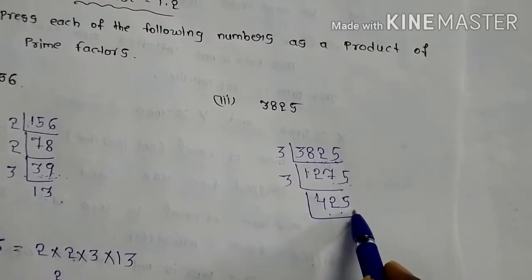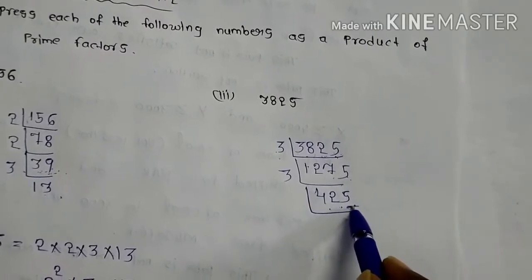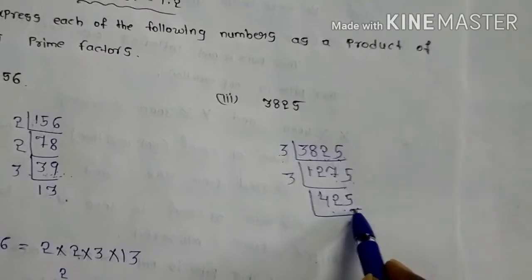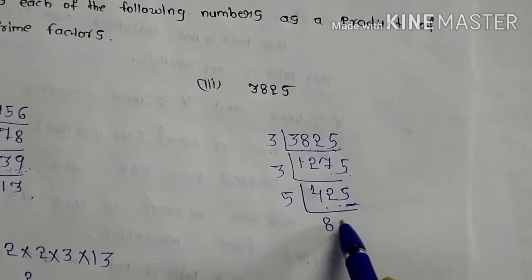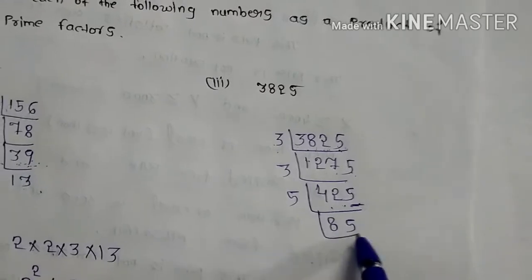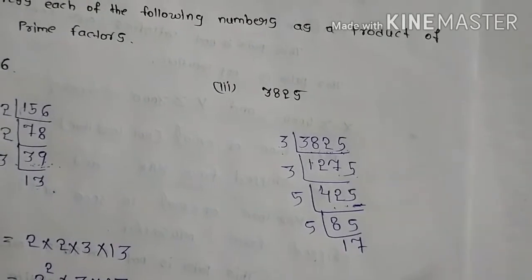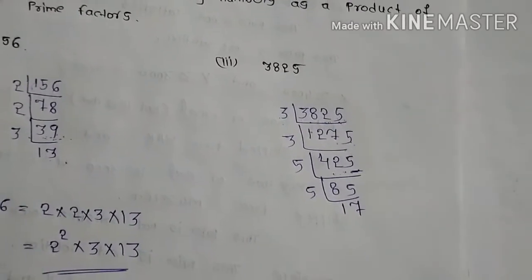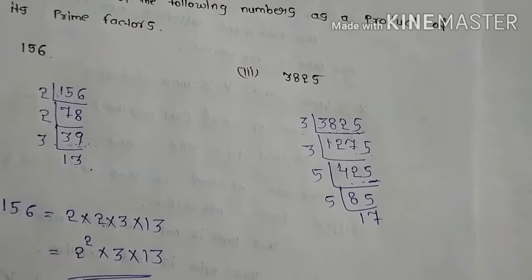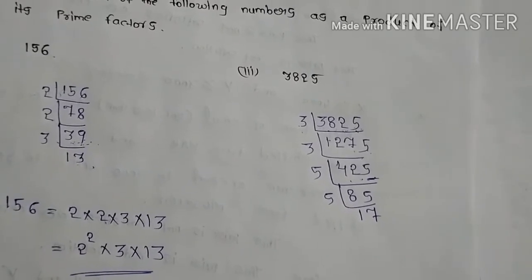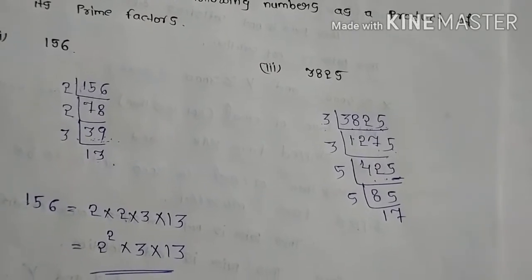Next prime number you can take is 5. You know that if the unit place is 5 or 0, the number will be divisible by 5. So you can take the 5 table. You can see here 5 eights are 40, 5 fives are 25. Next time also you can take 5 ones, 5 sevens. Is there any chance of the 5 table again? No chance. After 5 you can take 7. There is no chance, 11, no chance, 13, no chance, 17. 17 is a prime number, you already know. Can you stop now?